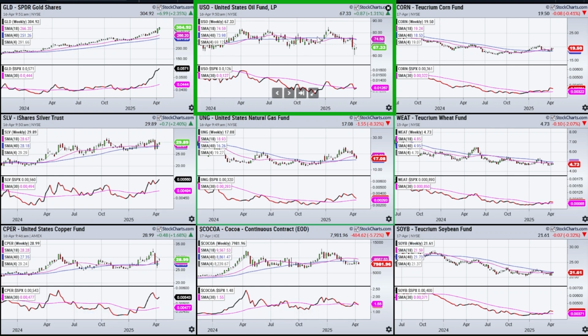We've gotten a bit of a change in oil with this recent break of support. If this is going to improve, I don't know that I'd be watching the relative strength. I think I'd be looking for this to move back above the breakdown level and then form a higher low in the form of what I'd call an undercut and rally pattern. If it can break through this low and then test it, essentially the 70 area, and get back above that and turn back to the upside,